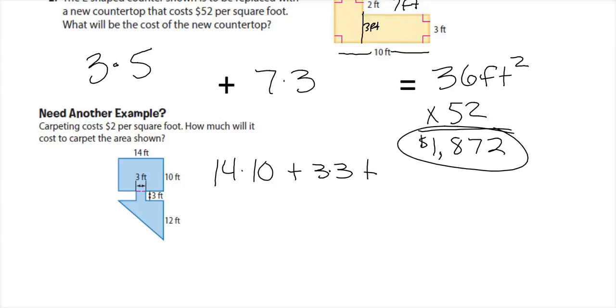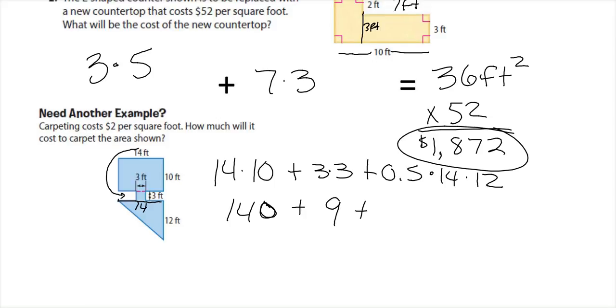Plus, and now you've got to do the triangle. So the triangle is 1/2 base times height. So the base right here will be the same as this one, so that's still 14. Okay, so 1/2 of 14, and then times the height, which is the 12. So we have 140 here. We've got 9. And then let's see, half of 14 would be 7. 7 times 12 is 84. Kind of simplify a little bit there. Okay, so we've got 140 plus 9 plus 84. And it looks like I got 233